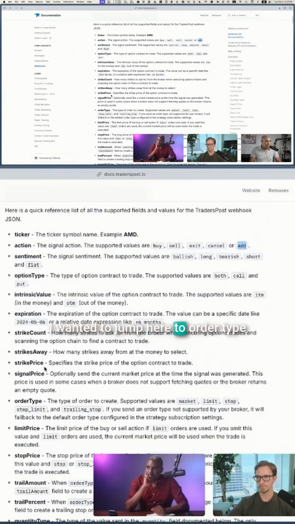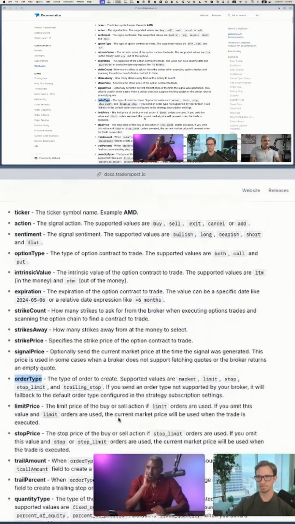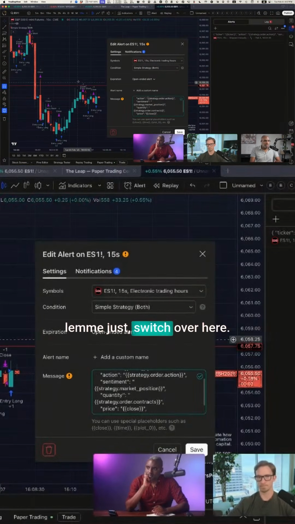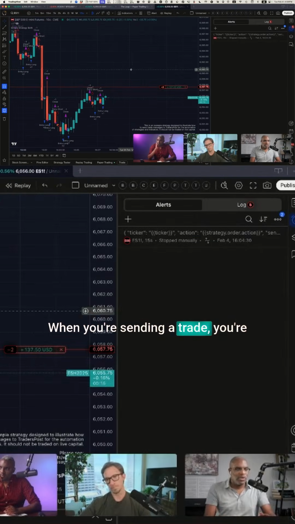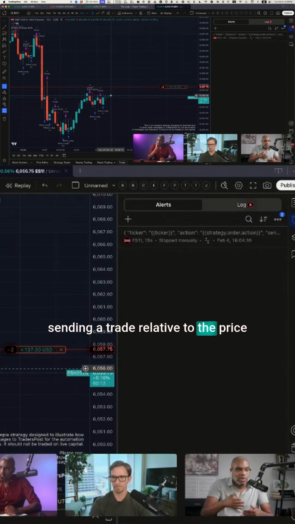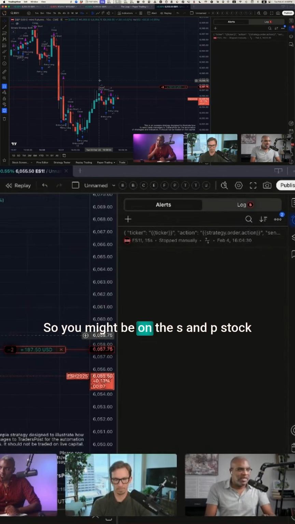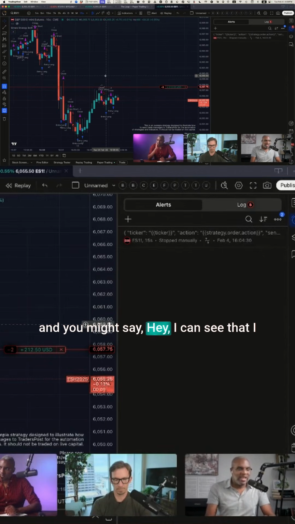I wanted to jump here to order type, because when I started with trading, I just had to wrap my head a little bit around the type of order that you can have. So when you are sending a trade, you're sending a trade relative to the price that you want the trade to execute at. So you might be on the S&P stock, and you might say,